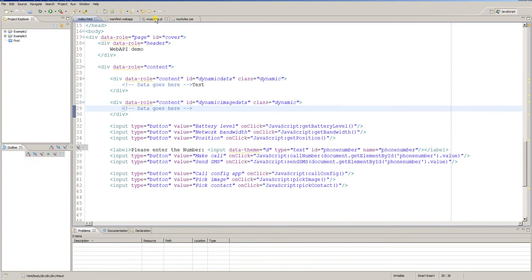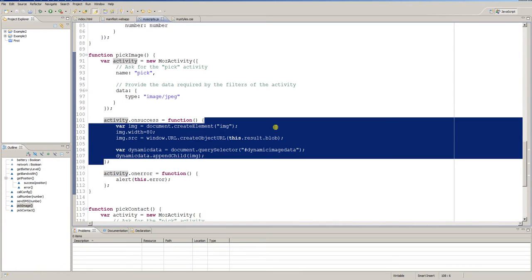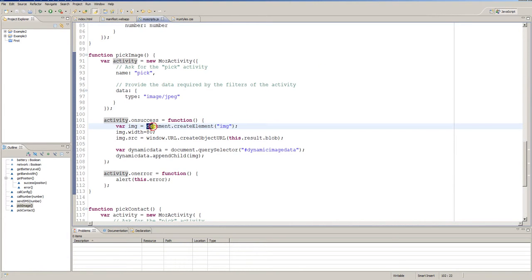So let me explain to you how to do this. First, we use the JavaScript function document create element, and the element is img for image. So we tell Firefox to create a new image element,